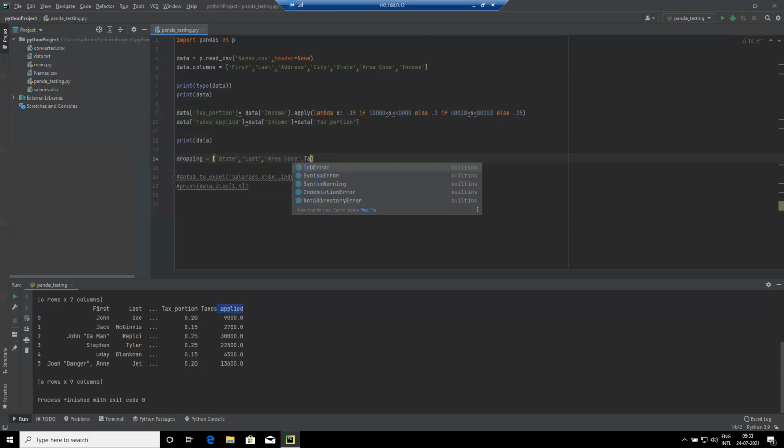Tax portion is not required. Anyway, we are calculating. We are showing the tax applied, right? So tax portion is not required. So these are the columns I want to remove. So this one,